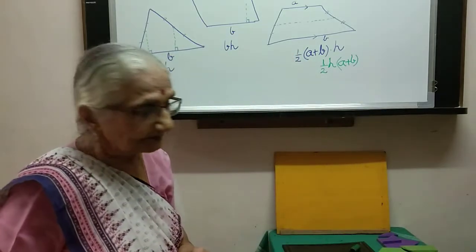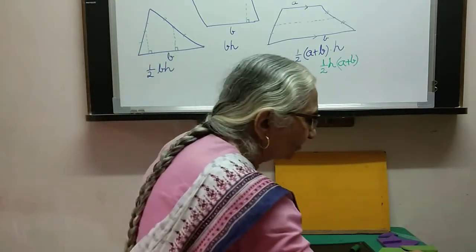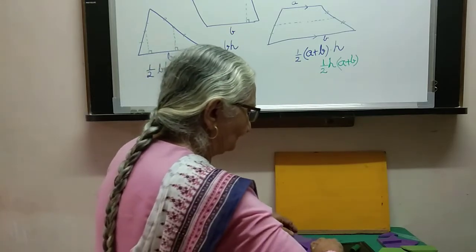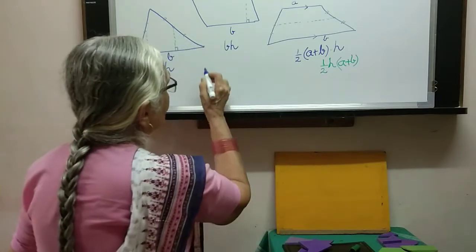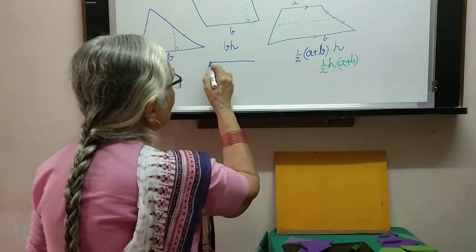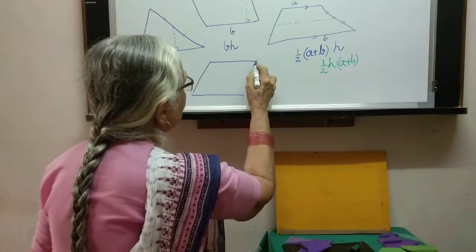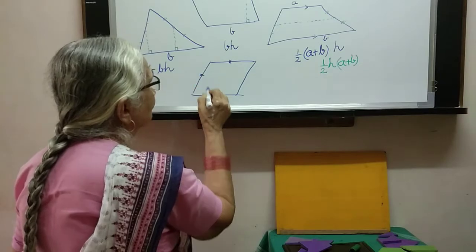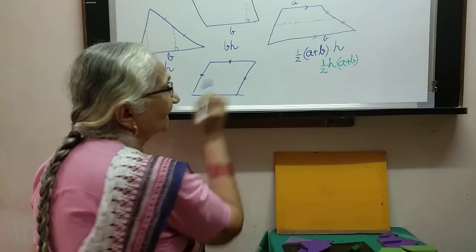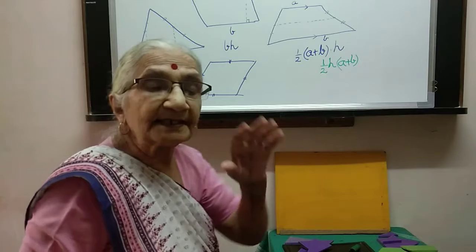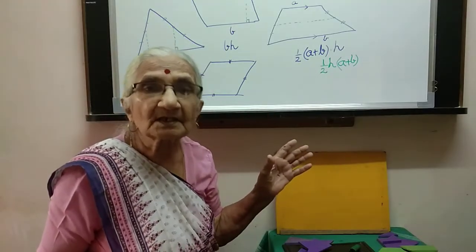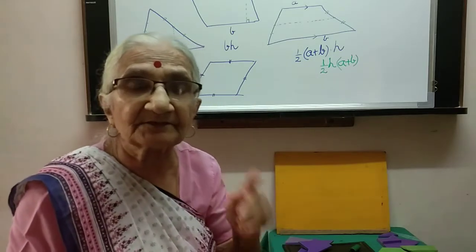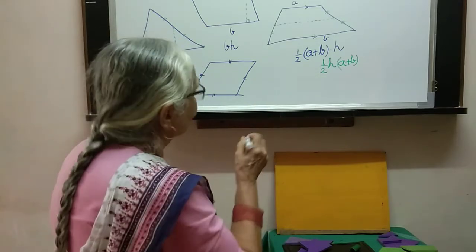And now to the rhombus. And draw the rhombus first. All the sides are equal. It's a parallelogram. All the sides are equal. It has all the properties of a parallelogram. Besides, because of all the sides being equal, there are some extra properties, and one of the very important ones is that